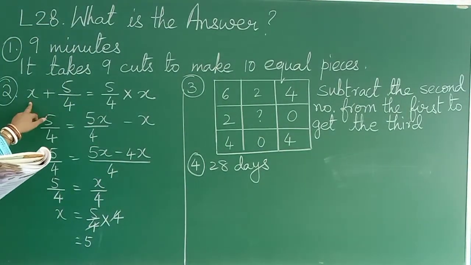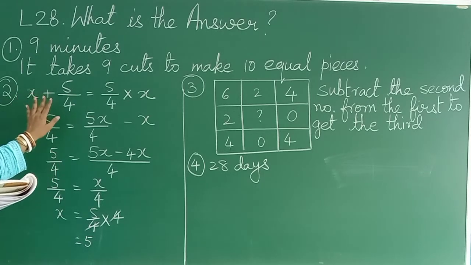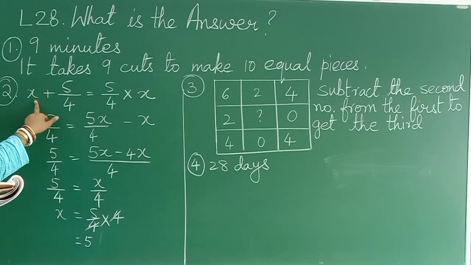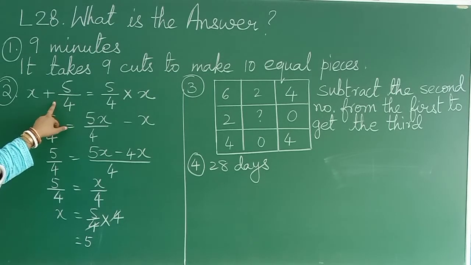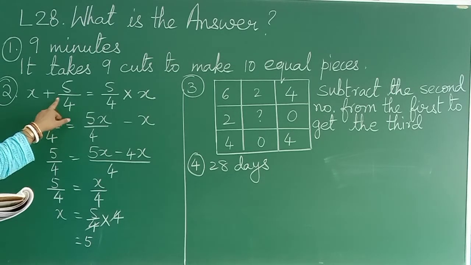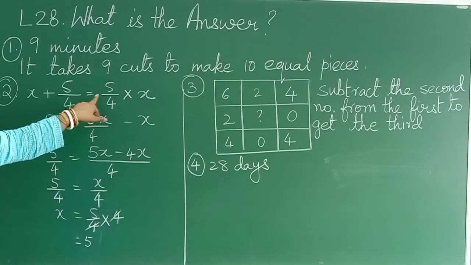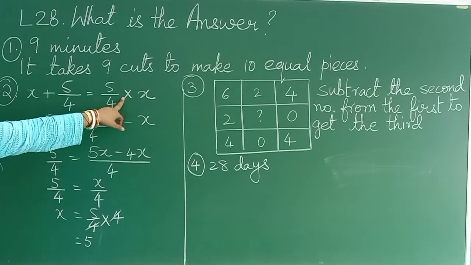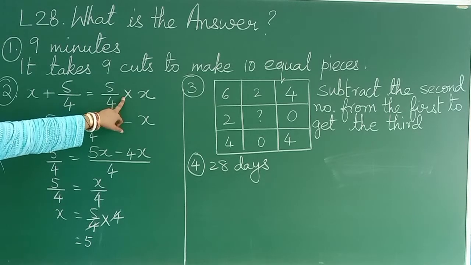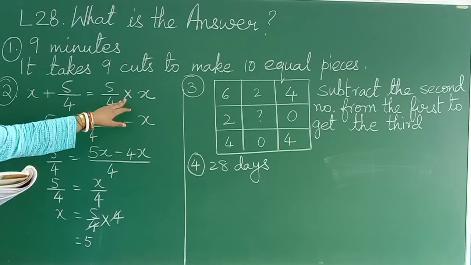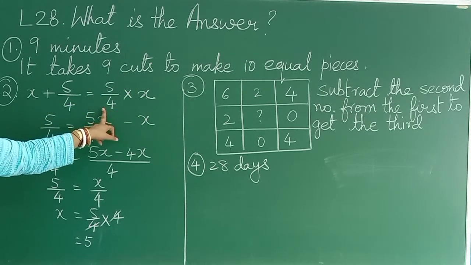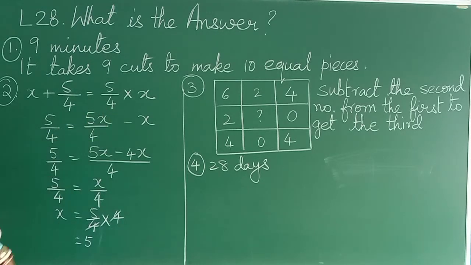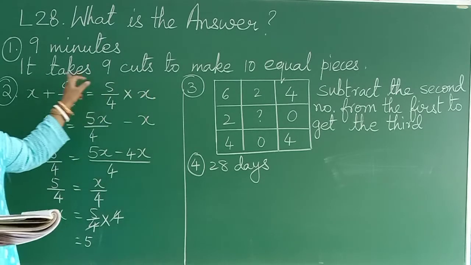The question says, which number, suppose the number is x, added to 5 by 4, gives the same result, means that is equal to, as when it is multiplied with 5 by 4. अब उसी नंबर को जब हम मल्टीप्लाई करते हैं 5 by 4 के साथ, तो वो सेम रिजल्ट दे रहा है. Now if you solve this equation,